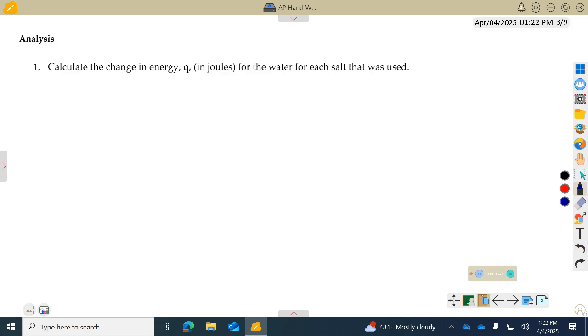All right, on to the good stuff. Some calculations. And number 1, we want to calculate the change in energy, Q, for the water as each salt was added. So we're going to do the same calculation 3 times. In the equation packet, Q equals MC delta T. So let's do the ammonium